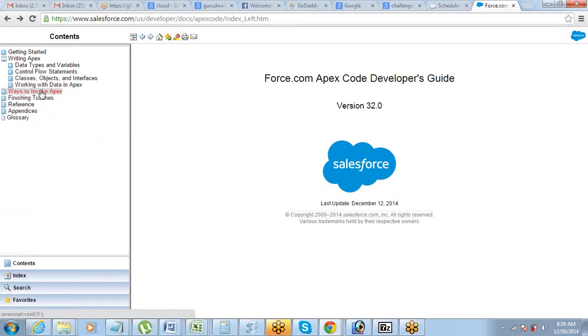These things can all be found here, and you can read more about them. So this is the developer guide. I've shared the link with you all on the chat window. You can pick the link from there.